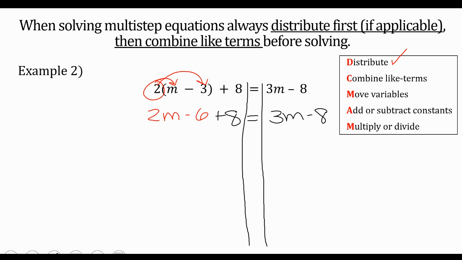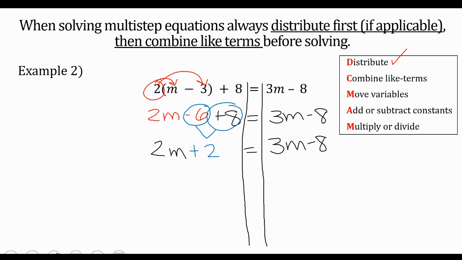Okay, now let's reevaluate and combine like terms. So let's make sure that we can simplify if there's anything that can be combined on either side of the equal sign. So in this case, we see here that we have this -6 and this +8 are like terms, so we're going to combine those. The 2m is not like terms with these, so we're not going to combine, and these are not like terms, so we're not going to combine anything over here. -6 plus 8, that gives us a +2. Bring down anything you didn't use, we didn't touch,